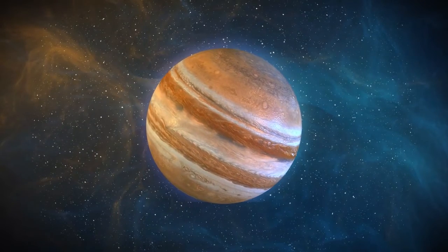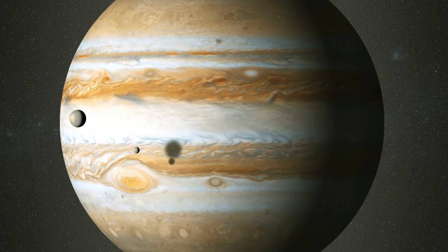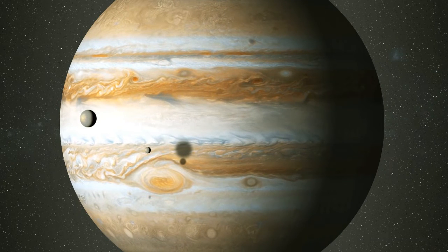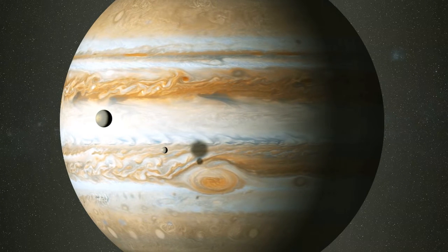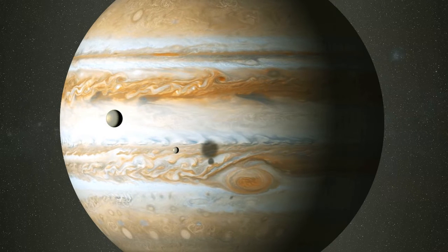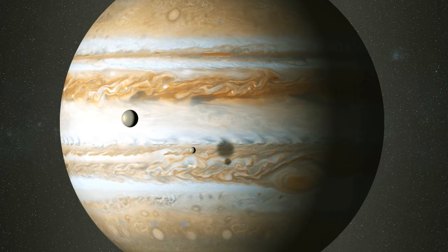Now, we're close enough to distinguish Jupiter's famous bands. These are created by intense jet streams of ammonia which flow in opposite directions. The darker orange bands are called belts, while the lighter ones are referred to as zones. They are organized by convection currents. Belts are made up of cooler air, as opposed to zones, which are warmer. It's also theorized that the planet's internal magnetic structure may have an influence on the shape and direction of the